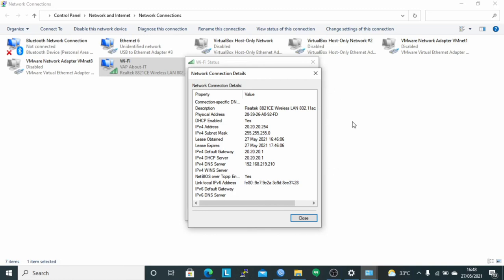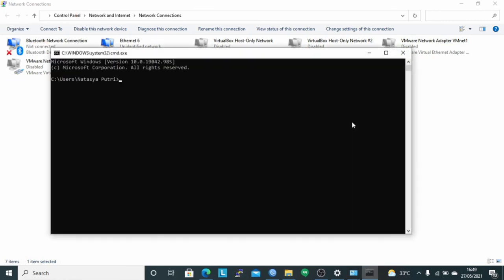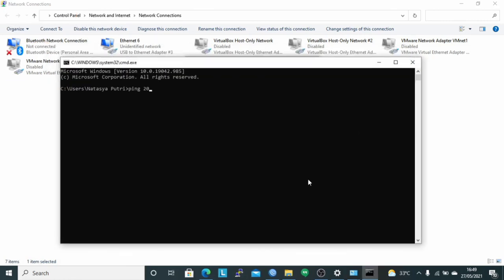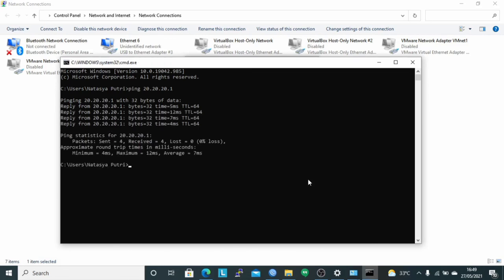And then test ping to the IP gateway and google.com via CMD. Type the command ping 20.20.20.1 and then ping google.com.